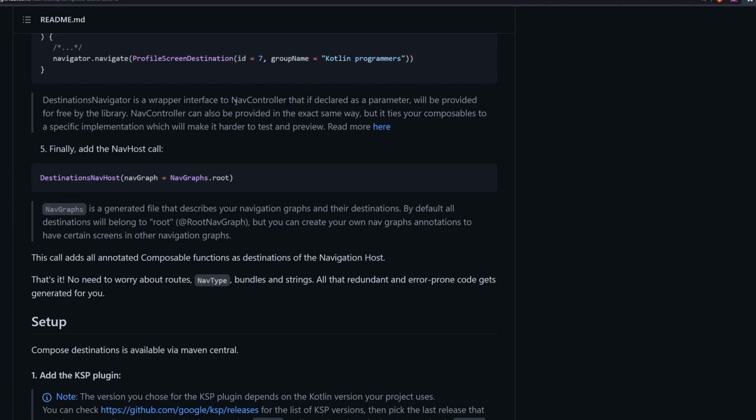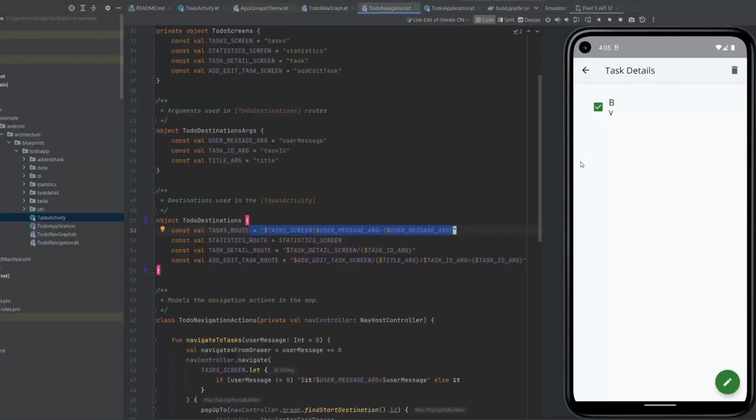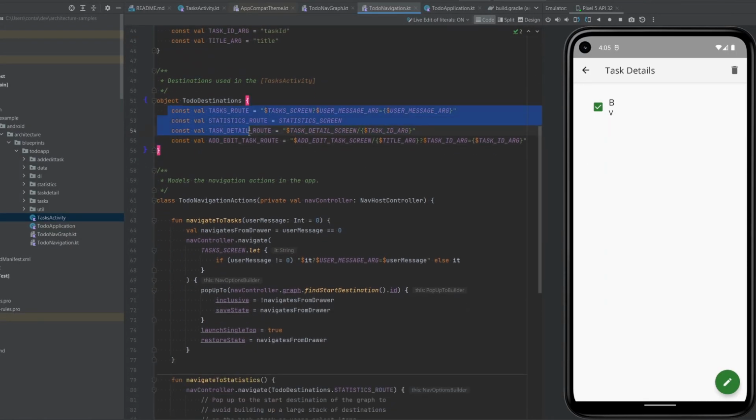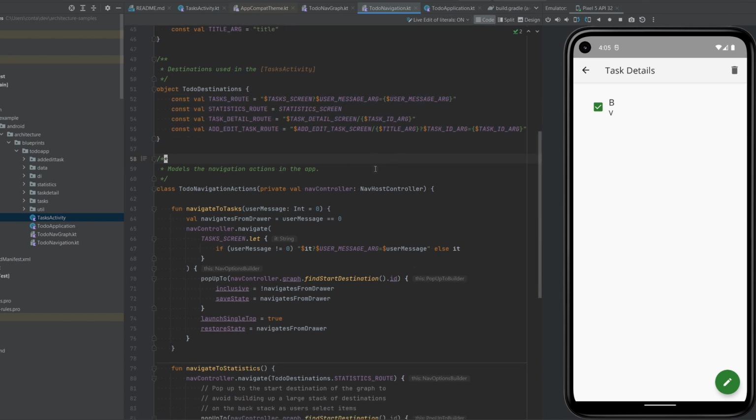For web, it actually makes a lot of sense to have navigation done with routes, so you can then just use them in the address fields of a browser. But I think here in Compose with Kotlin, where this is only used for Android, then maybe this is not the best solution. But anyways,